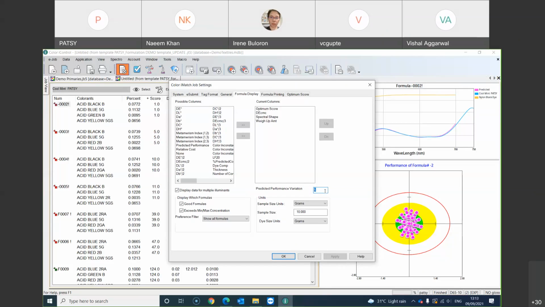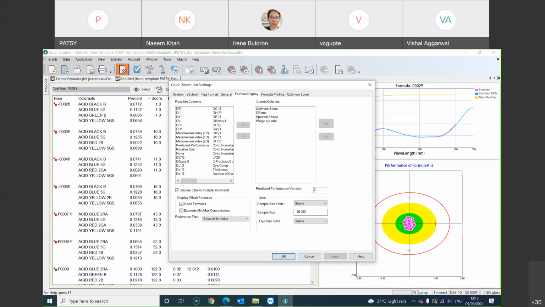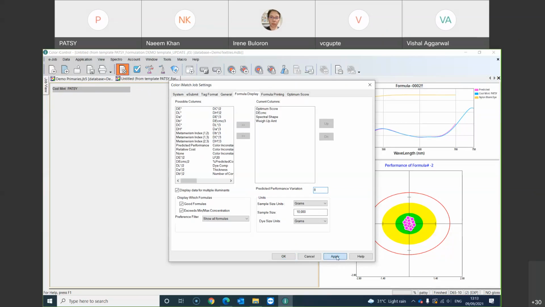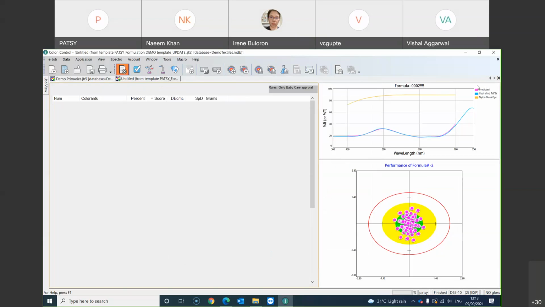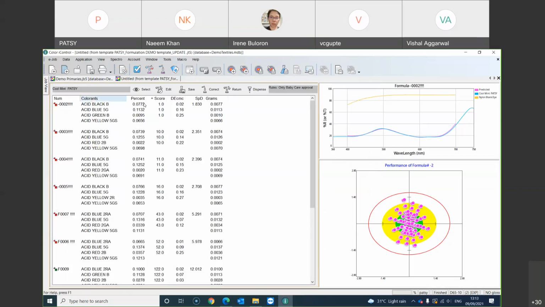So if I make it to be lower, the dots will be more concentrated in the center. If higher, I expect more variation will be happening in my color lab, then the predicted graph will have more dots. That's how I look at this dot. Okay, so on each of the recipes, if I base on the recipe here,